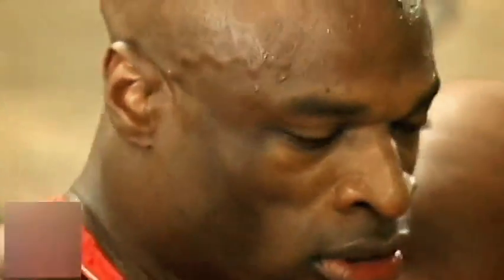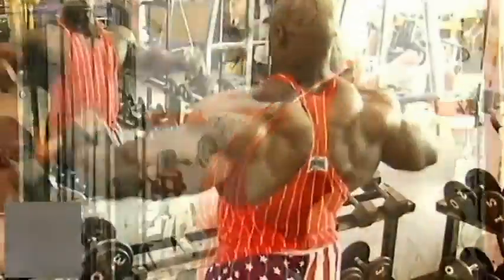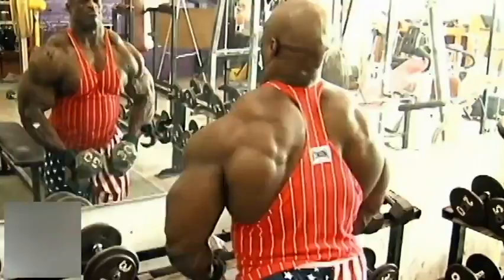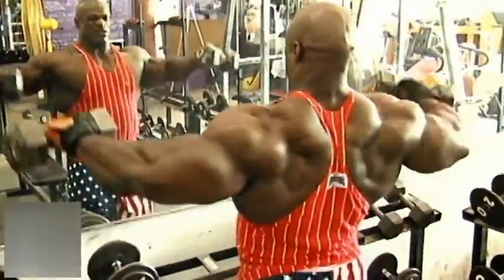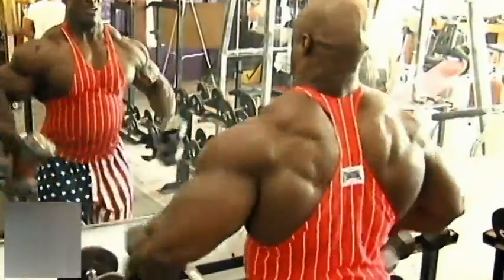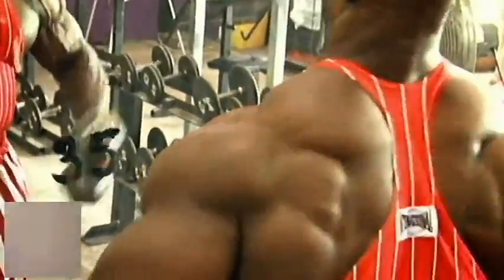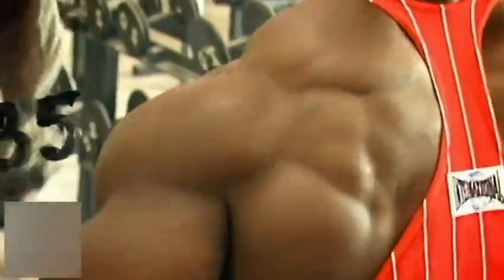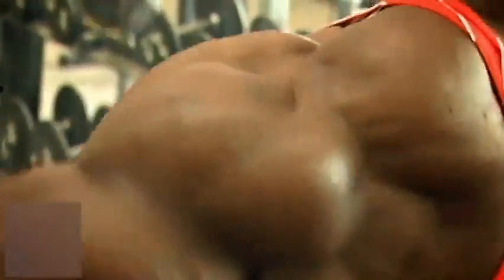Did for shoulders. Basically, what I'm trying to do right now is do my off-season workout, even though I'm getting ready for a contest. So I'm doing my heavy lift that I normally do in off-season. So this is really off-season training being done for a pre-contest. The contest for Mr. Olympia is 5.5 weeks out. But you know, I'm just as strong now as I was when I was